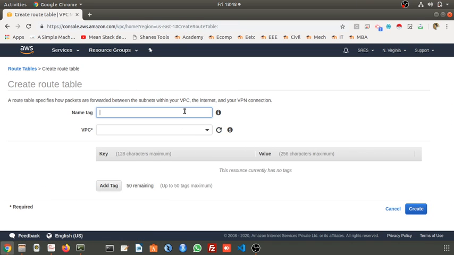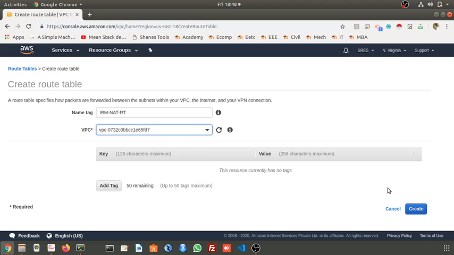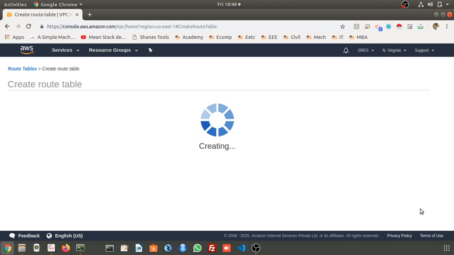Name it. I will write IBM NAT route table. Which VPC? It should be connected to this IBM VPC. Then create it.